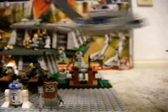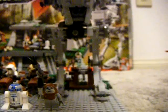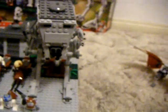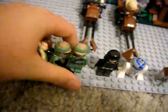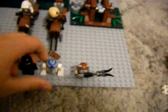I think that was an awesome job and very nice that they did that. It gives the appeal that this AT-ST is running down the surface of Endor, which is really cool. So I'm going to put this back there, and then we're going to get onto the bunker. So let me just clear the minifigures away. R2's kind of hard to get off, but...